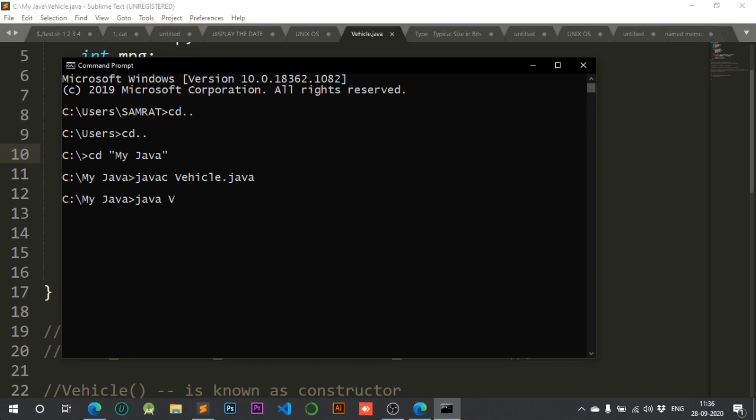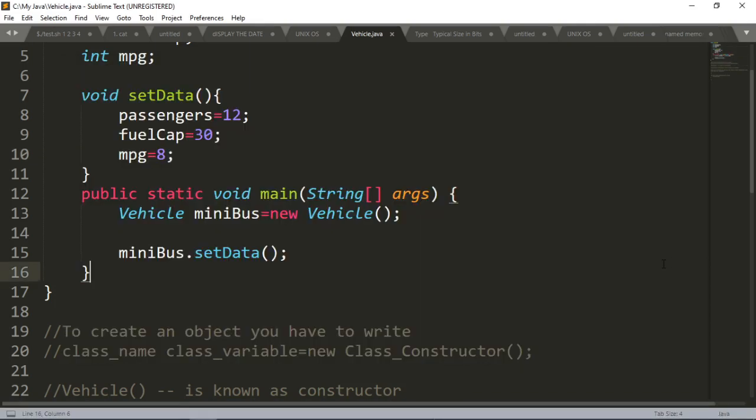I am writing java, and then only the class name in which the public static void main function is there. I will write only the class name and then hit Enter. Okay, I think I didn't write anything for that reason.